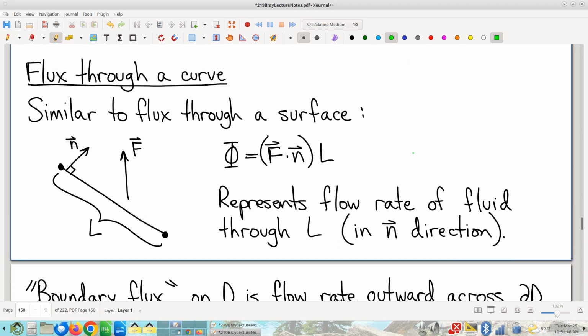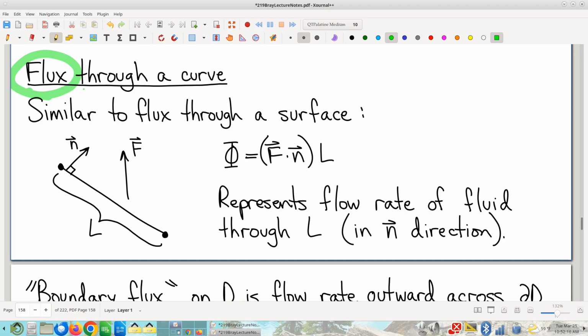So, flux. Y'all probably remember flux from chapter 3, I guess it is, 3.3, I think it is. Anyway, flux is an idea we talked about, and we talked about it in the context of 3 dimensions. So you have a 3-dimensional fluid like the air in this room, for example, and maybe I've got a screen and I want to know how the air is moving through that screen.